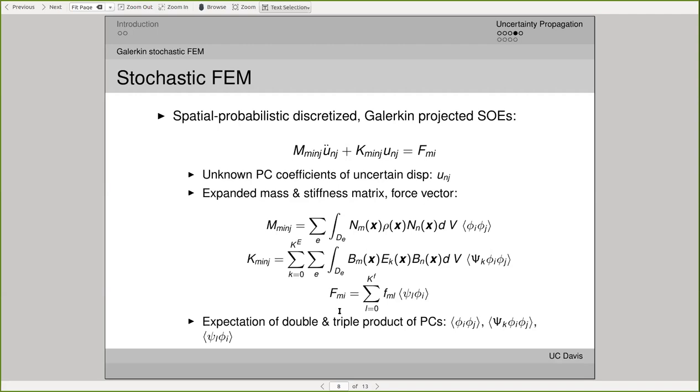It becomes much harder, depending on how large the system becomes, how many PC terms and how many KL terms you have. But you solve in one shot. In each time step, you solve for those coefficients, and you can reconstruct the full PDF of everything: displacements, velocities, accelerations, and from there strain and stress and whatnot. So full probability distribution functions are very accurately obtained for all these unknowns. That's true.